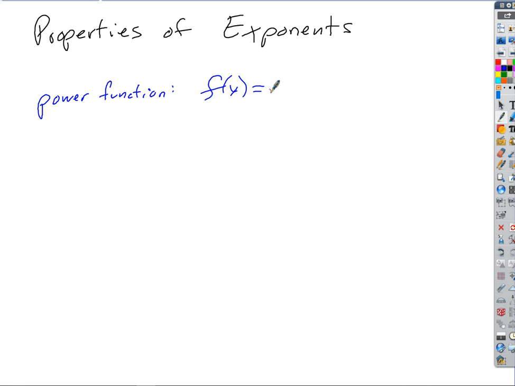We'll talk about functions soon. It would just be f of x equals some coefficient times